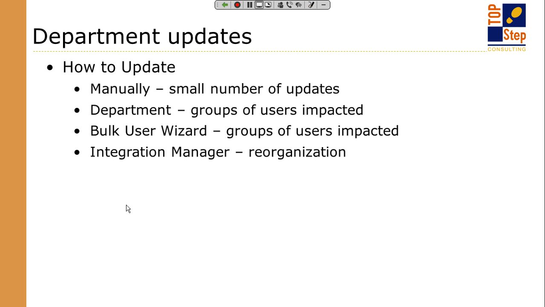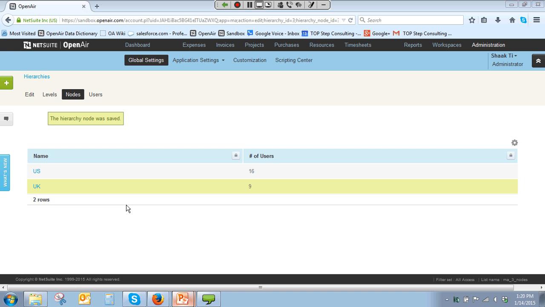Department updates. So department updates are another one of those areas that, of course, manually is always an option, Integration Manager. The bulk user wizard, of course, can be used because you can copy people by department, actually, using the wizard or by person. But department is also one of those exception features that if you go inside the department record itself, you can update who's assigned to the department. And if you've never tried that before, going into the department record,